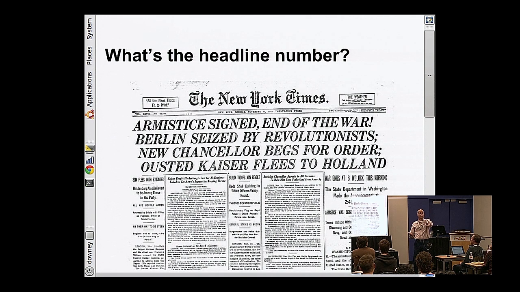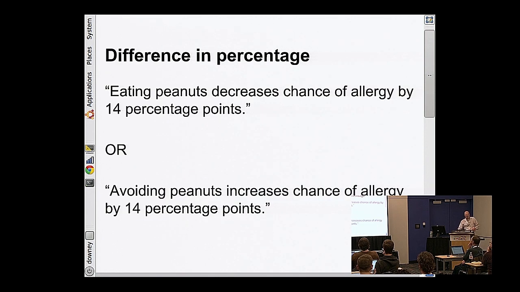A percentage difference. So it is, if you give your kid peanuts, you can reduce allergies by such and such a percentage. Or the other way around. Good. Other options. Yes, sir. Good. I like that too. All right, let me look at some of these possibilities. I've run the math on a few of them.